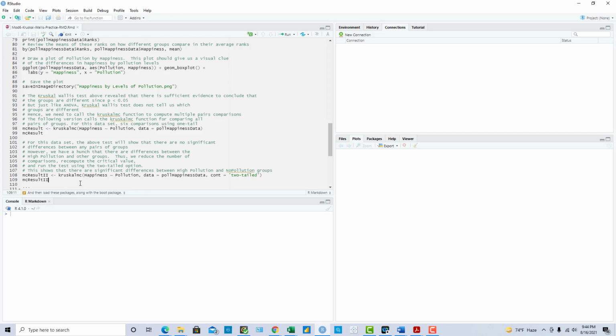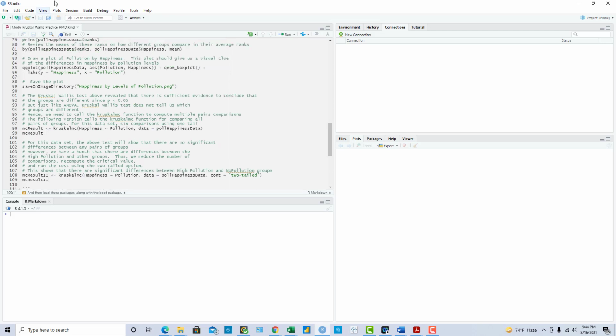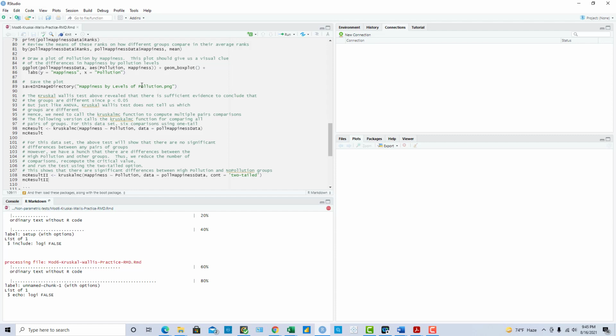So without much delay, I invite you to experiment with this code and run this code and knit this code into HTML. So let's go ahead and do that here on my computer.